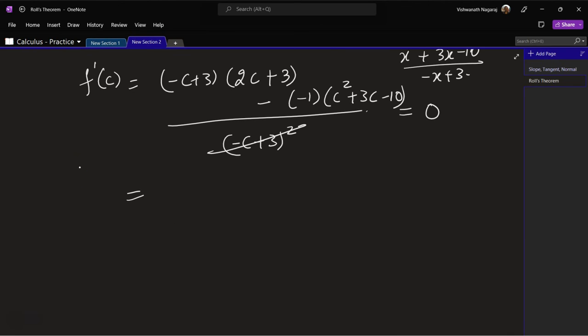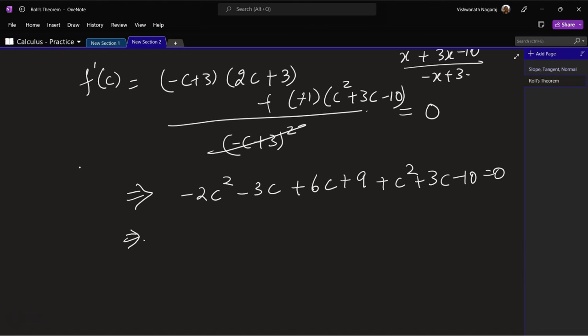Okay, this will disappear when we take it to the other side, and what we get after simplifying this is minus 2c square minus 3c plus 6c plus 9. This minus becomes plus, so we have plus c square plus 3c minus 10 equal to 0,